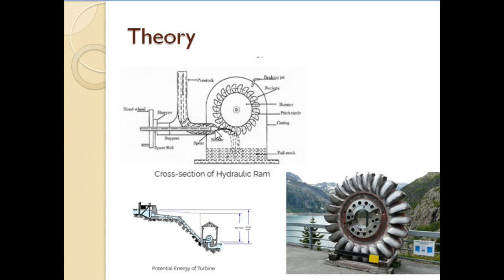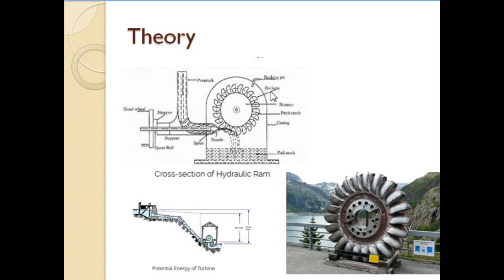The flow rate of the water is controlled using a spear. Spear is a sharp edge item. Once we rotate this part, the spear will move in and out, and accordingly the flow rate is controlled. This is called the Pelton wheel, or the runner, mainly the power extracting part of the Pelton wheel power generation station. And these are Pelton cups, or here they have represented them as buckets. That is also one way.